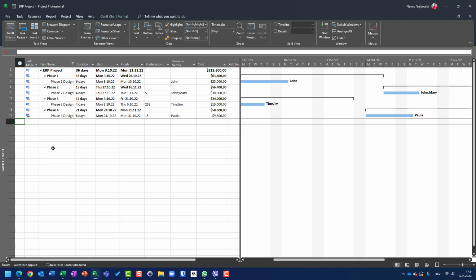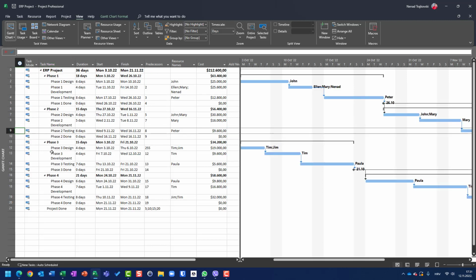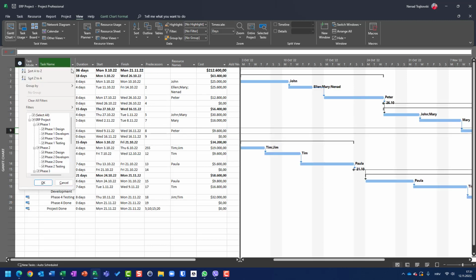You will see that the filter is applied here, okay? Here you know that you have filters, so if I want to deselect the filter, I can go here and say select all, and after that, I will get all. Once again, I will choose design tasks, and I will show you that